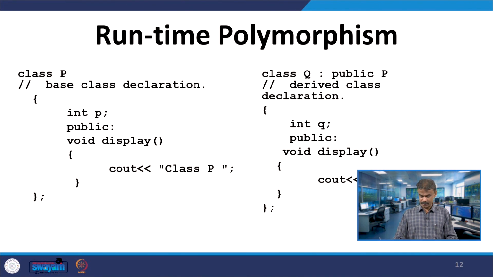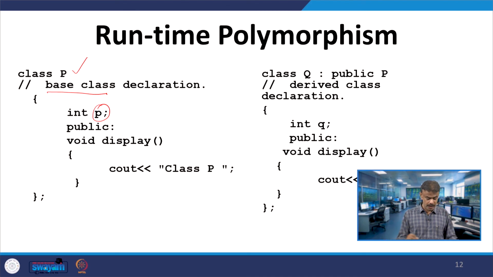Let us see a simple example. Let us assume we have class P. This is going to be the base class, and here we have a member data called P whose data type is integer.